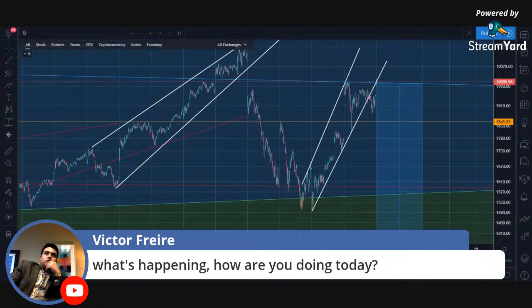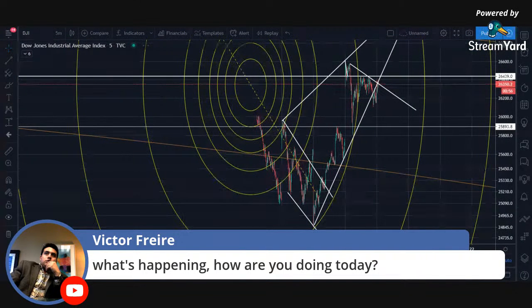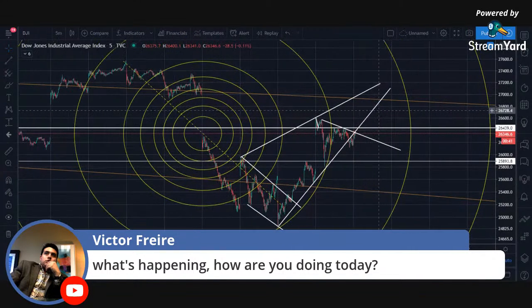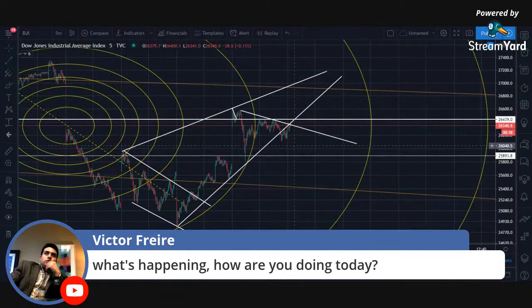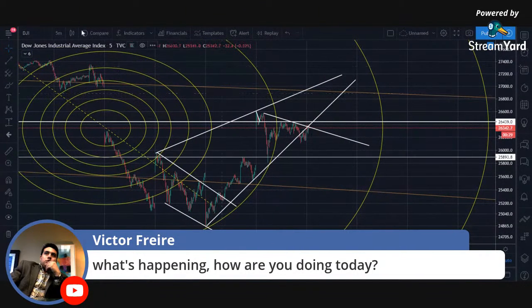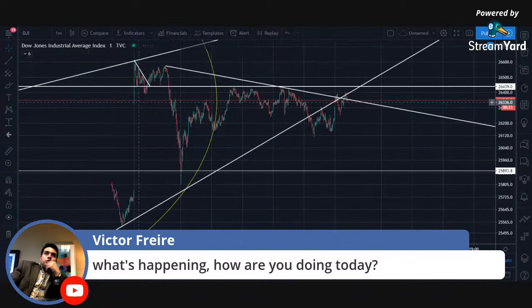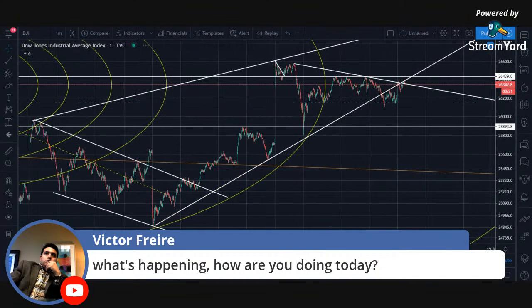So let's check the Dow Jones once again. Yeah, the Dow Jones is actually developing kind of a rising wedge here. So as well, this is not a bullish scenario. Once again, it already fell down. Now it's coming back to the line as well. So yeah, there's really not much of anything that can say that we're in bullish territory, or that we're going for